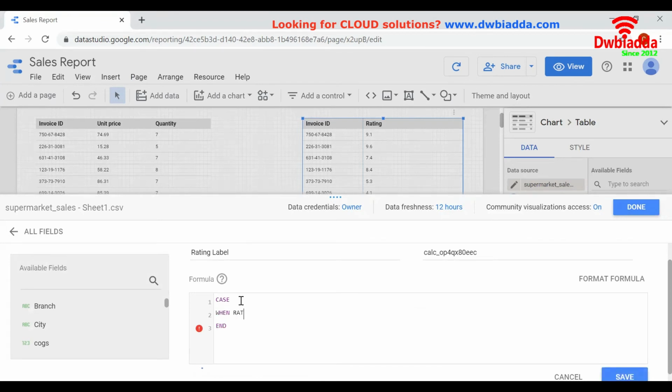When rating is more than 7, then good. When rating is more than 4, then moderate.